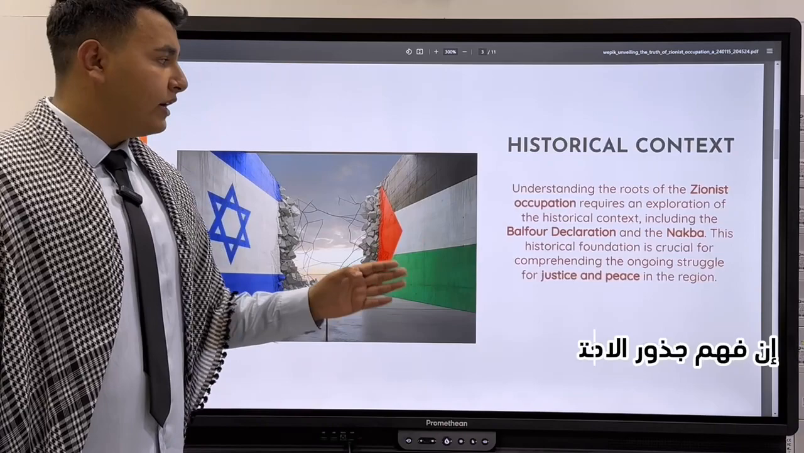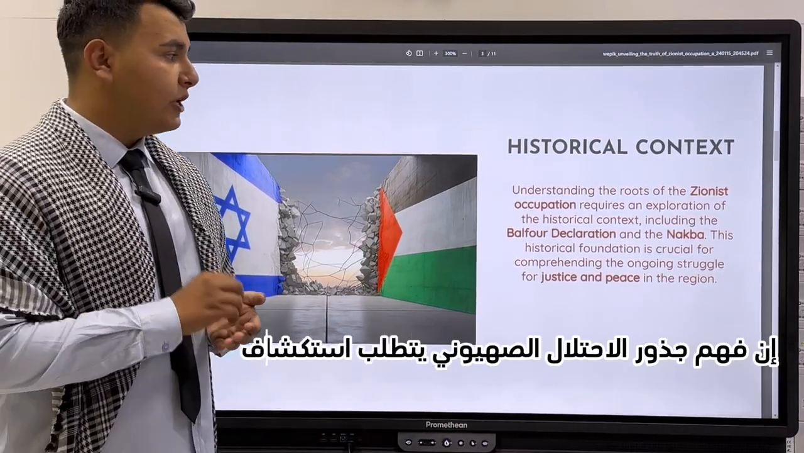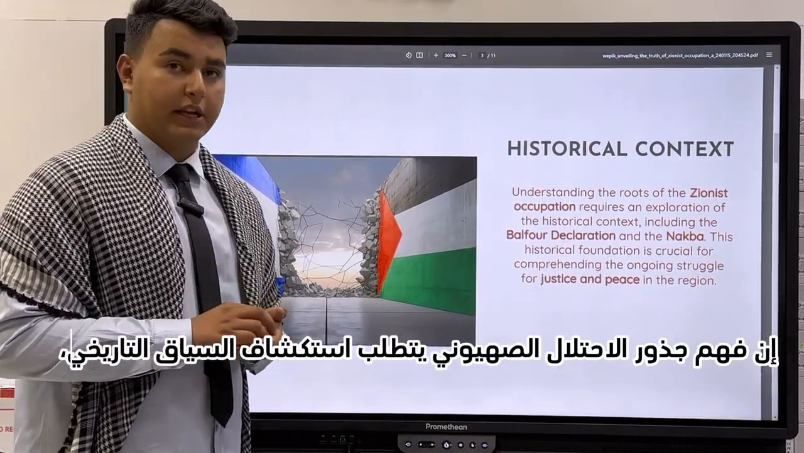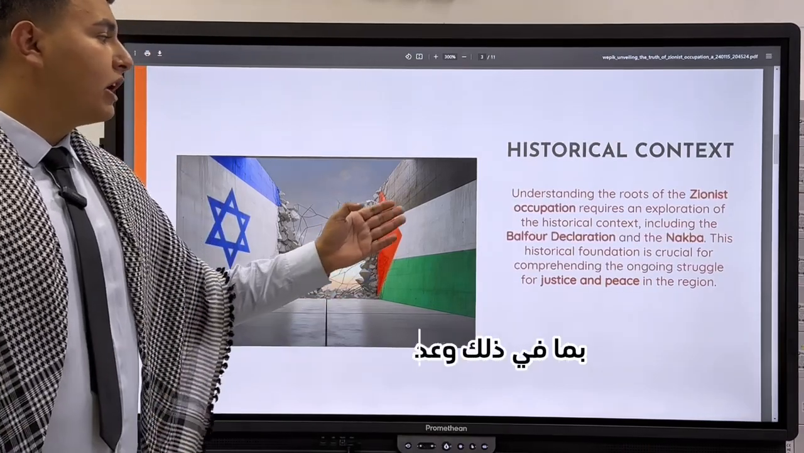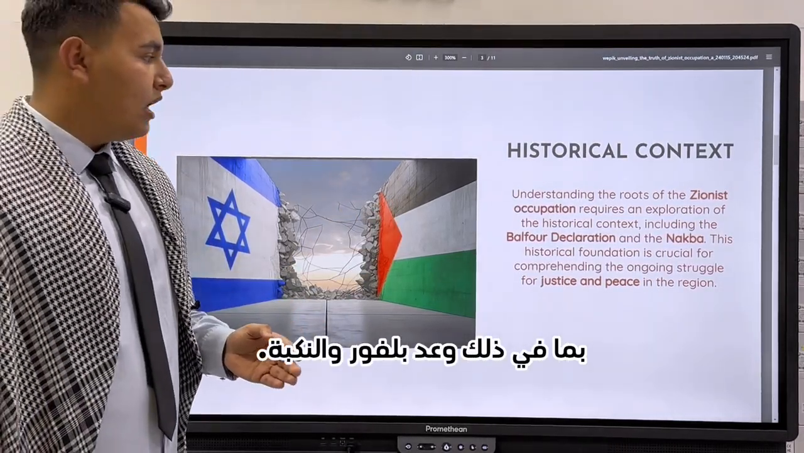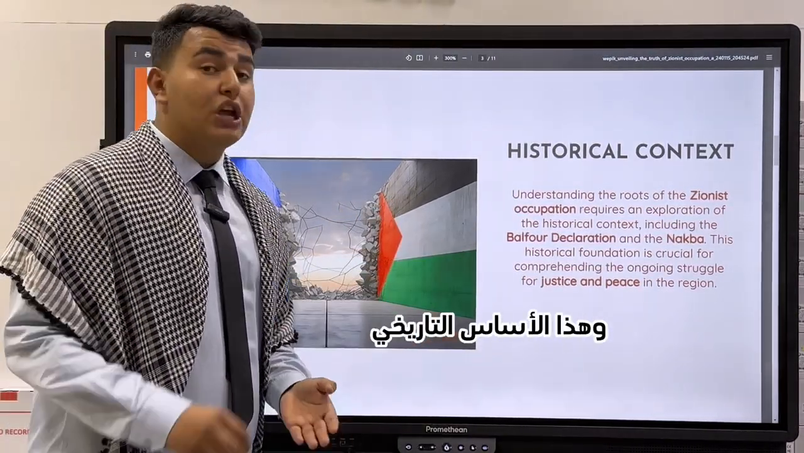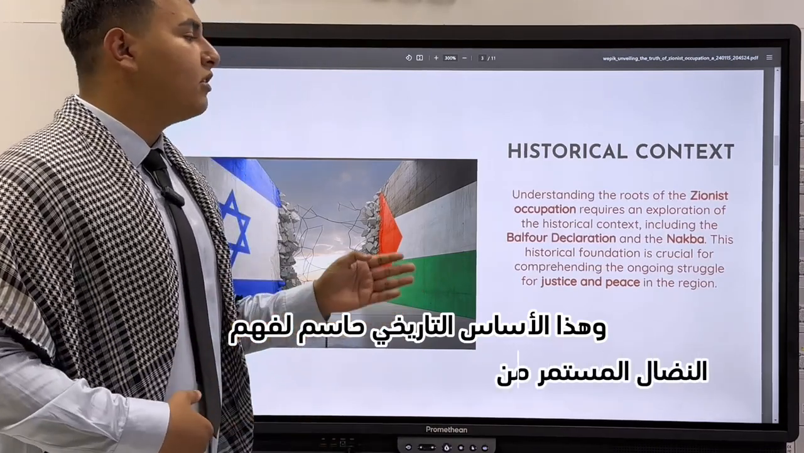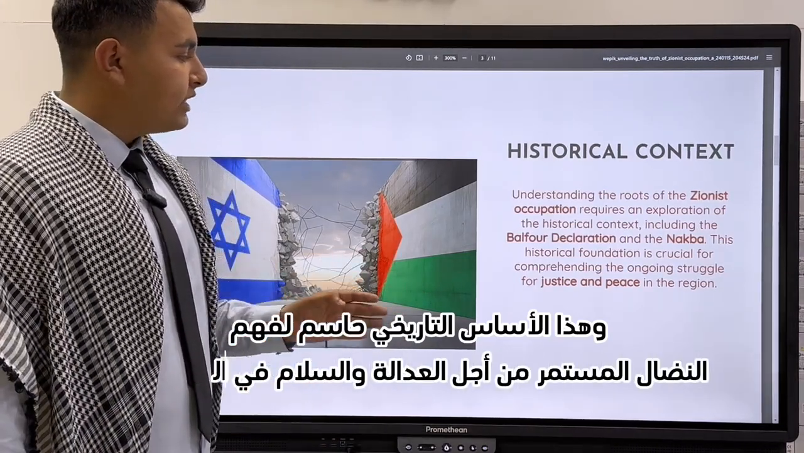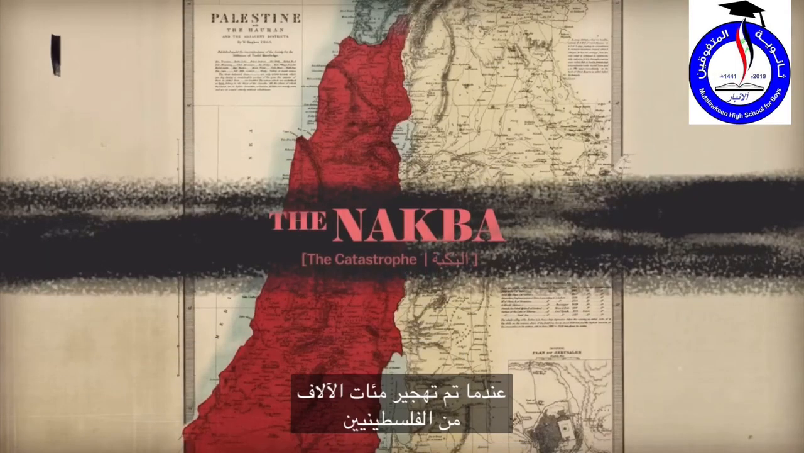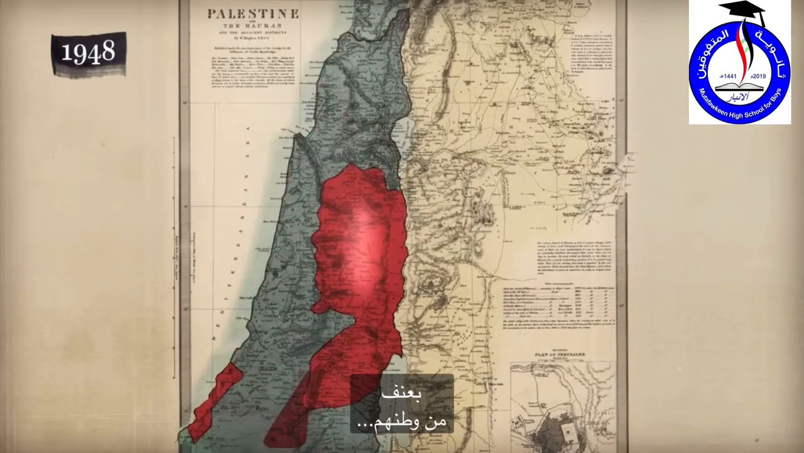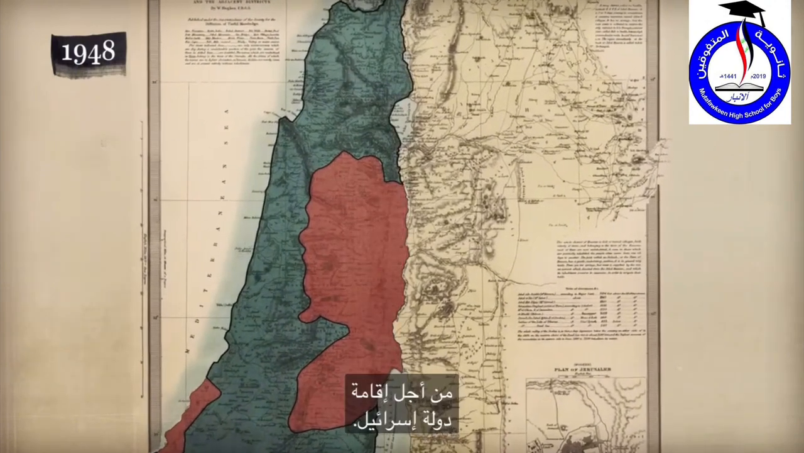Understanding the roots of the Zionist occupation requires an exploration of the historical context, including the Balfour Declaration and the Nakba. This historical foundation is crucial for comprehending the ongoing struggle for justice and peace in the region. The Nakba, when hundreds of thousands of Palestinians were violently displaced from their homeland in order to create the State